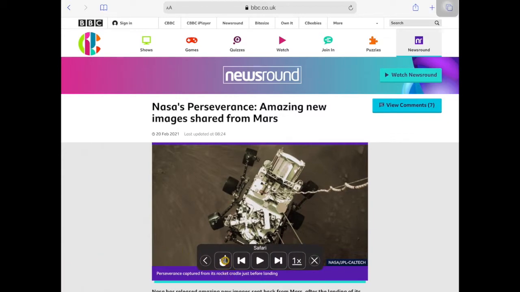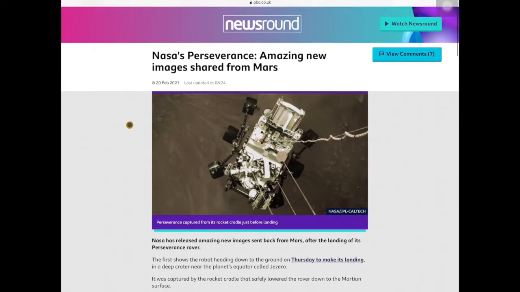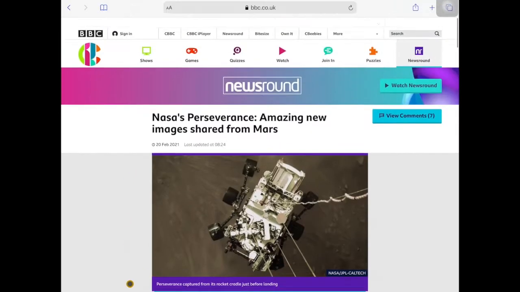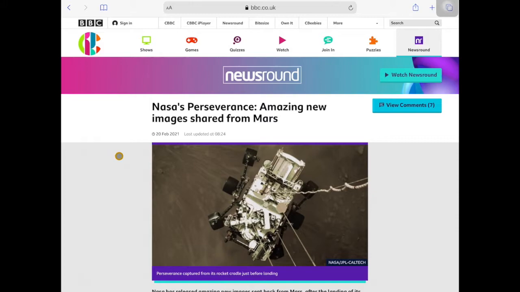So what I'm going to do is click this little pointer. I want it to read what I point and click on. "NASA's Perseverance. Amazing new images shared from Mars." So it will only read this one sentence at a time if you click it that way. You can just hold down, as I said, when you swipe down from the top. "Accessibility links." I could just skip forward until I get to the article and let it read the whole